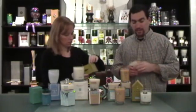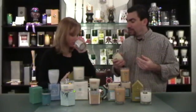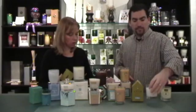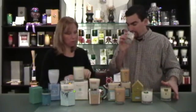Much different scent. This, to me, smells like my grandmother's house for some reason. I don't know why. To me, this is perfumey. Yeah. To me, this isn't really ocean. To me, this is very kind of perfumey. It's got a lot more character than the tap water candle. It's got a lot more going for it. But I wouldn't, if you came into my store and you asked for an ocean candle,